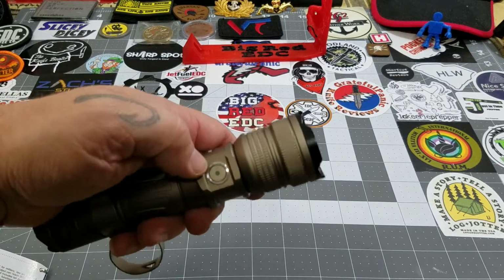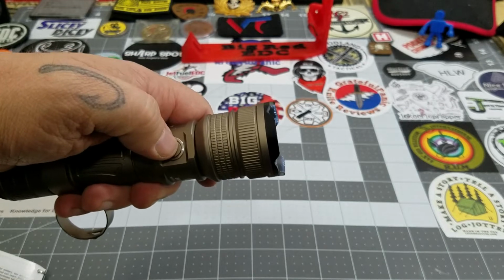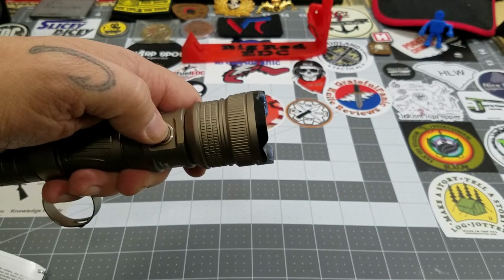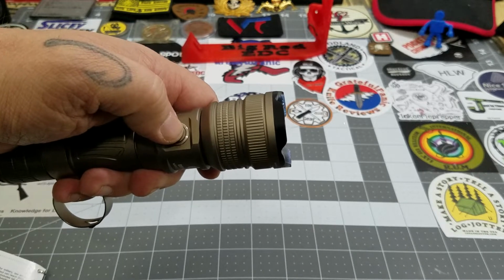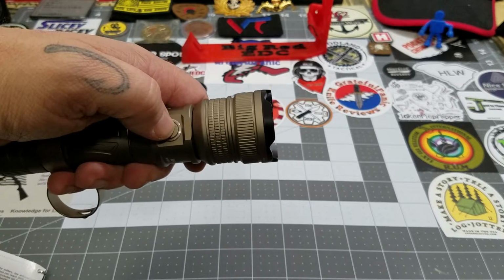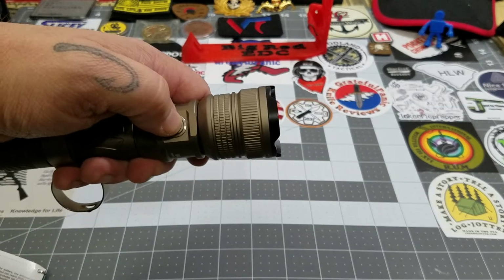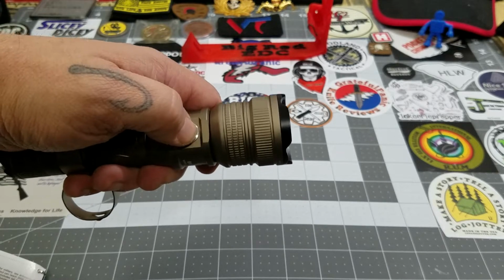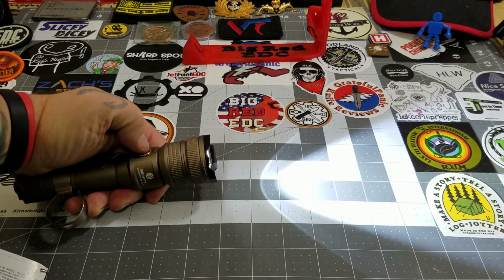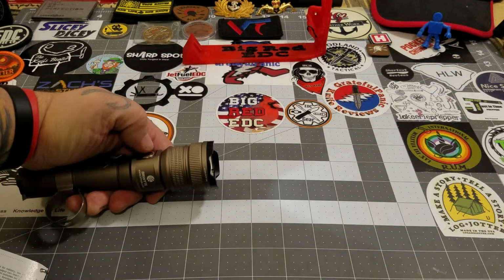So there you go. Like I said, side switch. Operation, push, turns on. Does have a memory mode. So whatever mode you turn it off in, it'll come back on. Now, you got low, push for medium, high, oh, there we go. You should be able to see that. Turbo, quick press strobe,